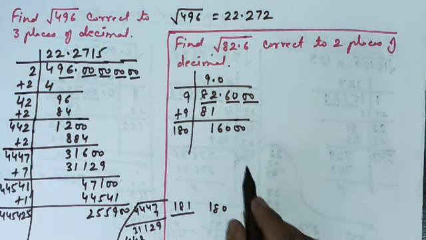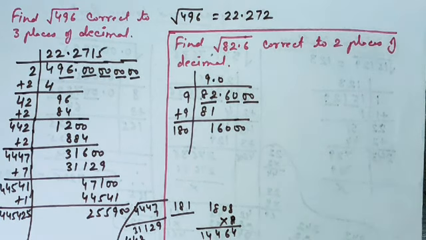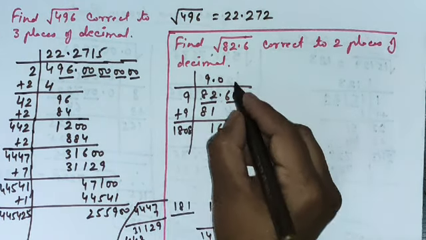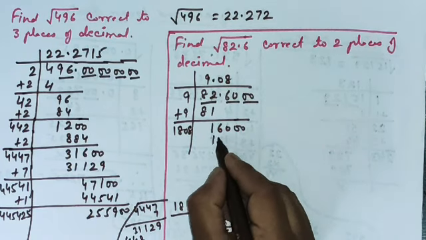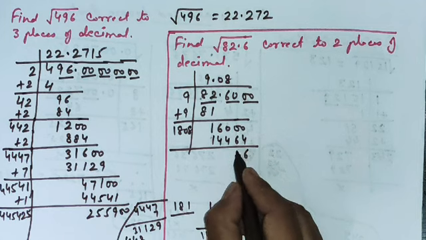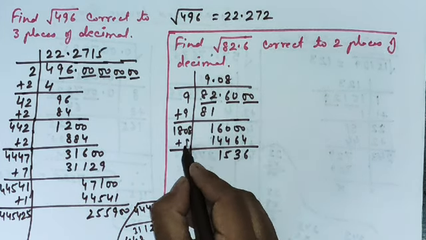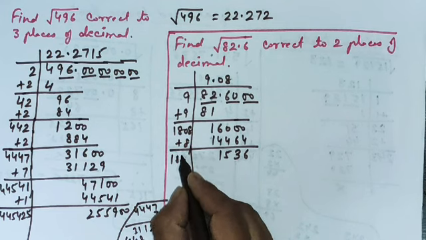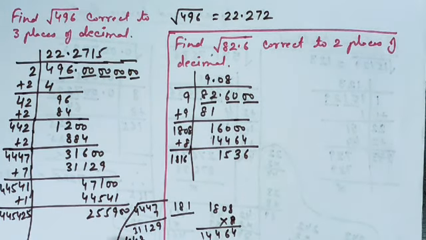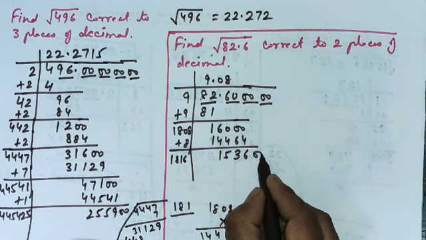Now it is 16 here. So let me take 8. If I multiply by 8, it's 14464. So 1 8 here and 1 8 here. So it's 14464. Add this 8 here. So it's 1816. 1536 is the number. So let me take one pair of zeros more here.